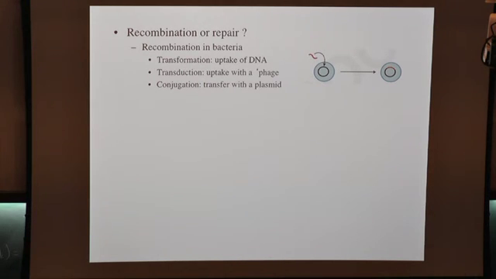to another. And finally, conjugation, which is somewhat similar. Plasmids are kind of extra chromosomes that are found in many bacteria and which have an independent life cycle in a way and can transfer by conjugation from one bacterium to another. And they also can carry parts of the bacterial genome from one bacterium to another.